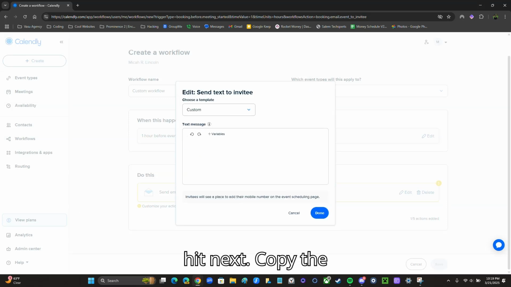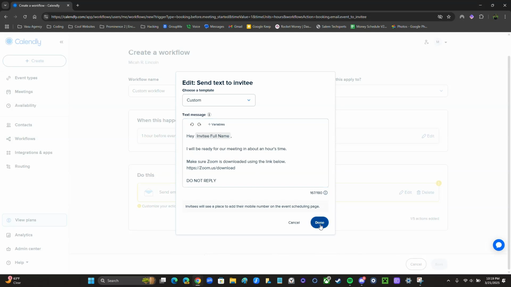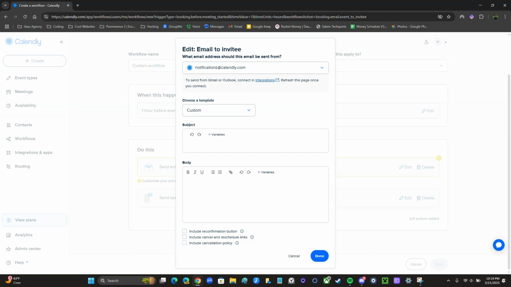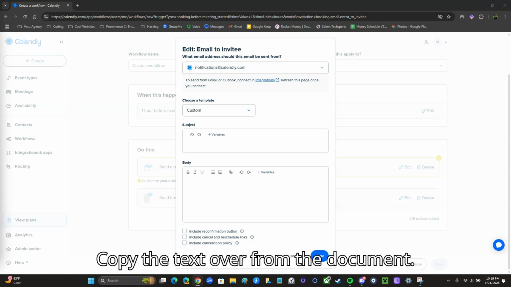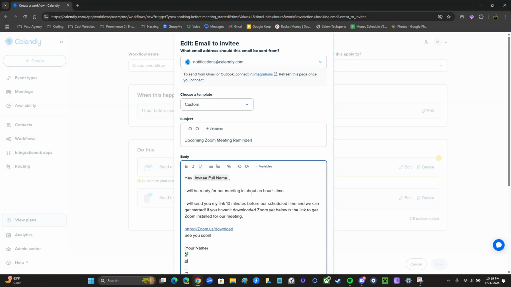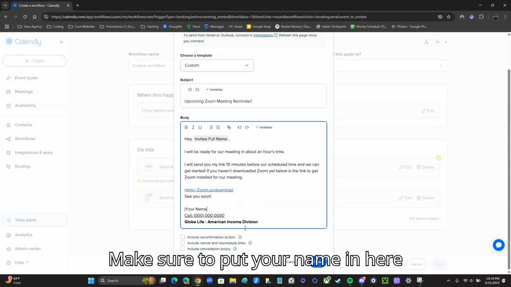Hit next. Copy the text over from the document. Backspace twice. Hit done. And then under send email, hit edit. Copy the text over from the document. Backspace, backspace. Make sure to put your name in here,